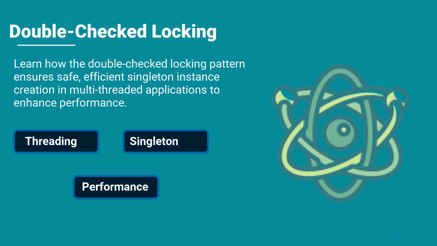The double-checked locking pattern solves the problem of an application requiring only one instance of a particular class at runtime. In simpler terms, it's a method used to safely create and access a single instance of a class, commonly referred to as a singleton in a multi-threaded environment. This pattern aims to improve the performance of instance creation while ensuring that no multiple threads create multiple instances at